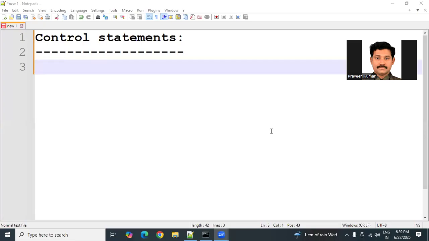In this video, we will discuss control statements. Control statements are the statements which control the execution of a program. That means they decide which statements are to be executed and which statements are to be skipped. The various control flow statements are